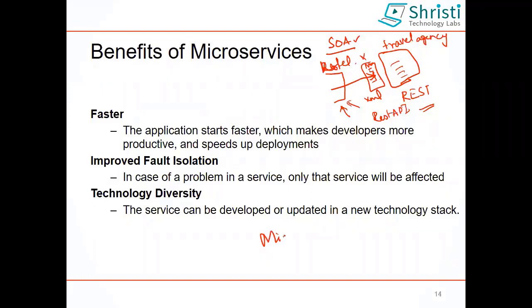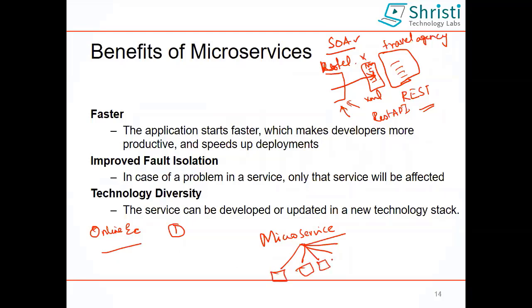Now I will come to microservice. In case of microservice, it is one single application. One single application, I am dividing it into multiple services. Say, for example, I want to create an online e-commerce application. Here, one single application, I am dividing it into multiple services. It means there is a hotel. This hotel is having different departments: a housekeeping department, a department to take the people for a tour, and the department to take care of the catering, that is the kitchen.